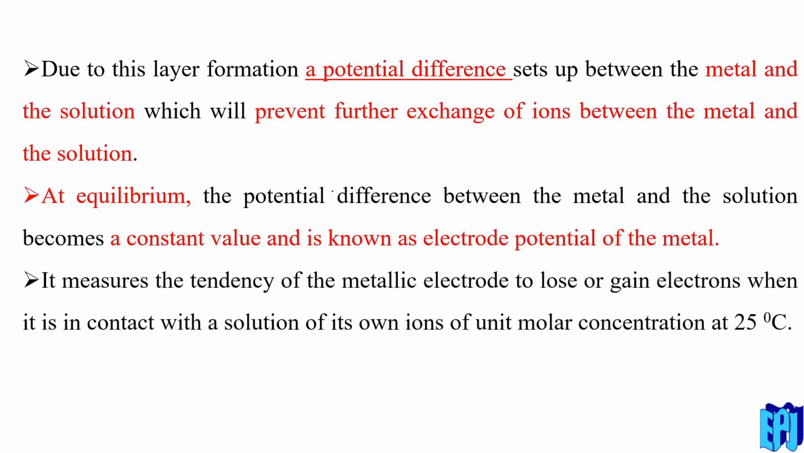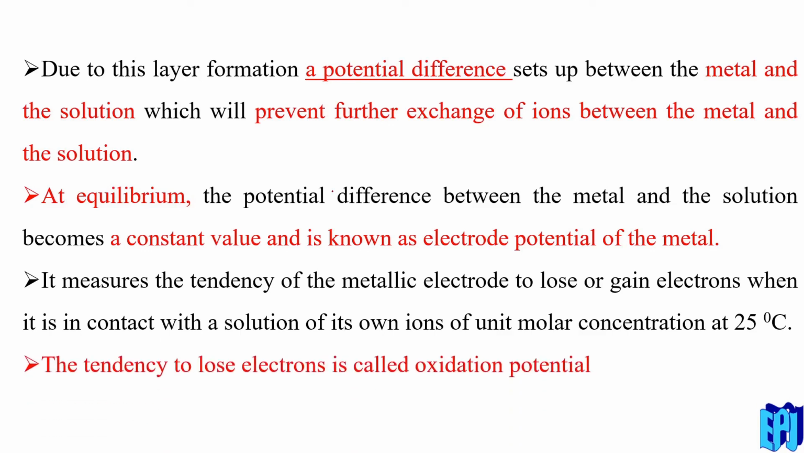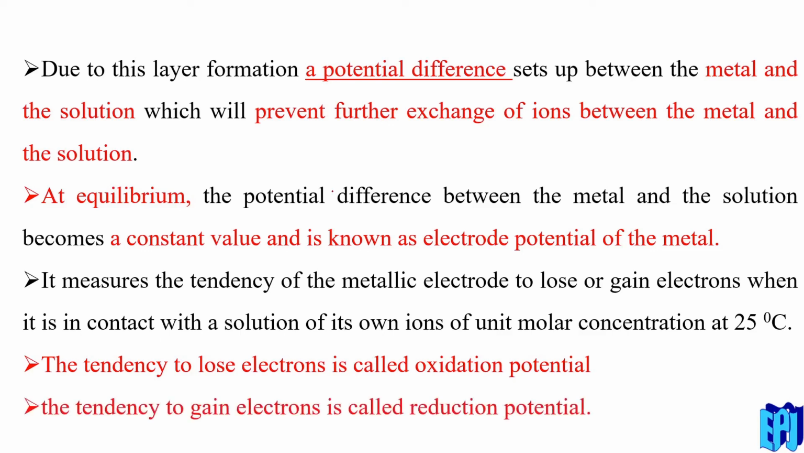So it measures the tendency of a metallic electrode to lose or gain electrons when it is in contact with a solution of its own ion of unit molar concentration. That is, the tendency to lose electrons is known as oxidation potential, and the tendency to gain electrons is known as reduction potential. That's the main point. Then the next and the last topic is